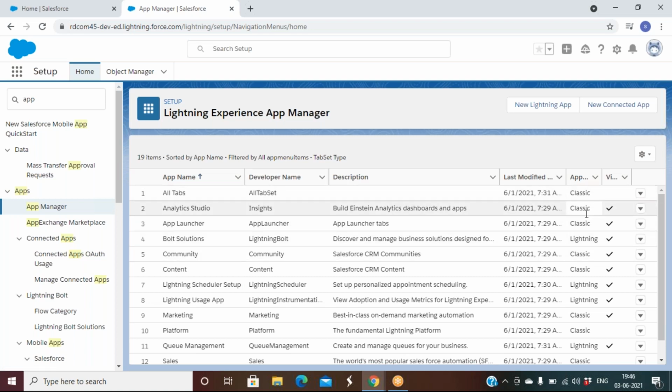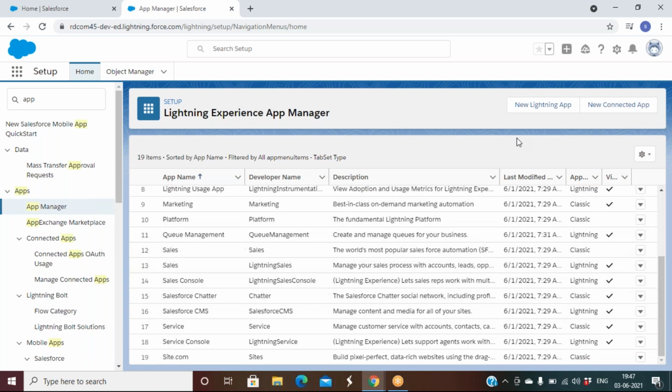Now I'll create an app from here so that I'll be able to access it from the Lightning environment. So that's where your app is located. Now, whatever apps we see here, these standard apps can be edited anytime. If you select this drop down, you have an option to edit. Remember, we cannot delete a standard app. Can we delete a standard app? If in an interview they ask, no, we cannot delete. Only we can edit.